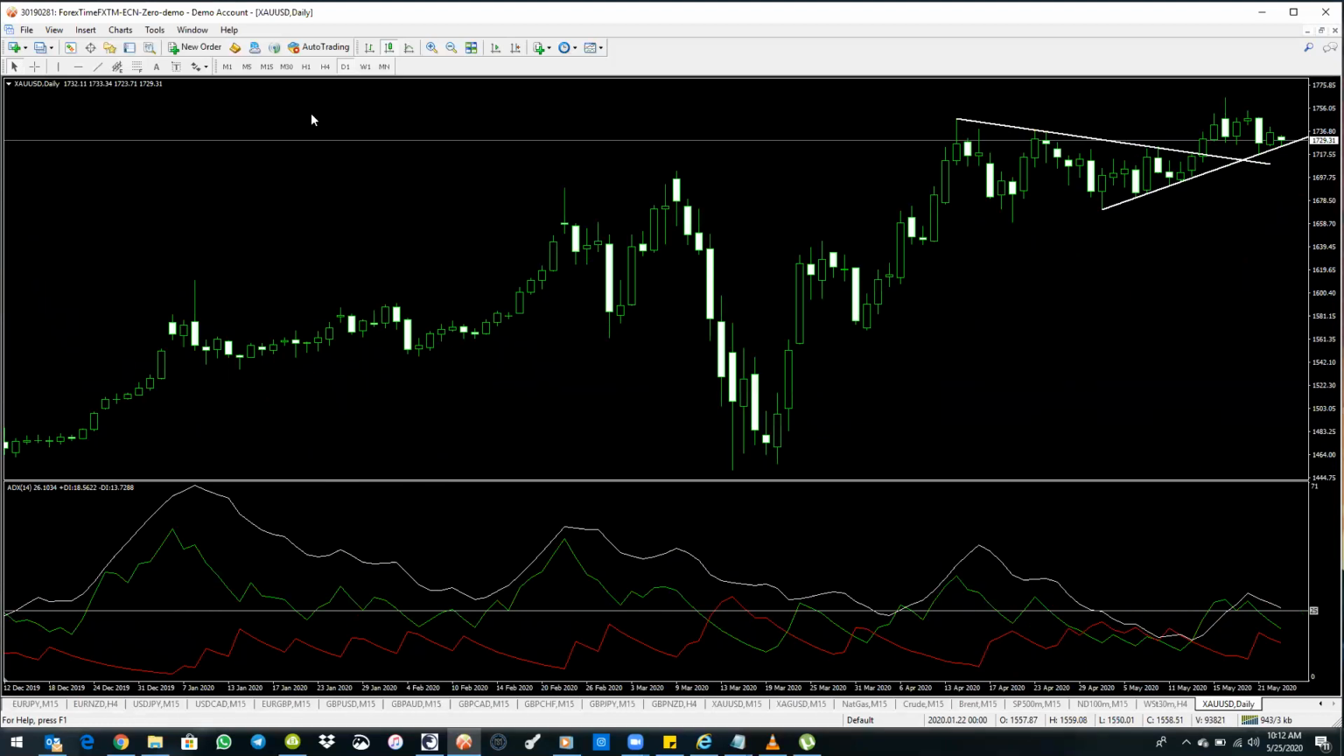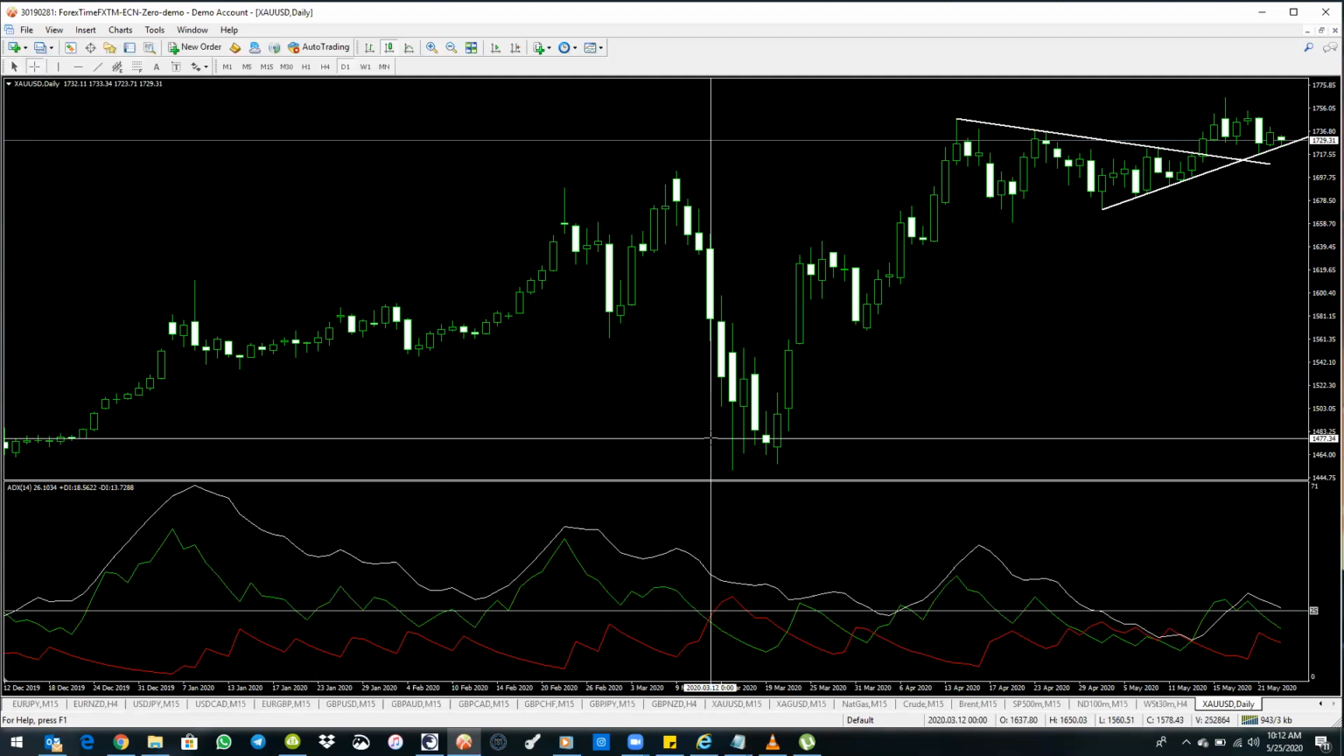And you can also see that even when the market crossed bearish here at this point, the 25,